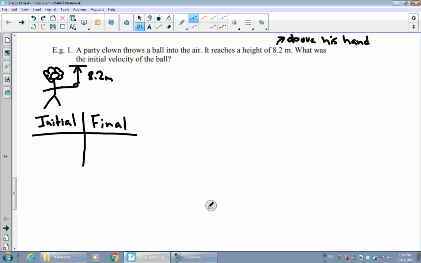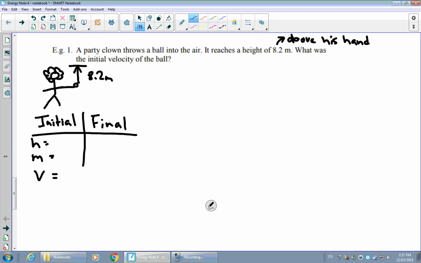I sometimes call it an HMV chart, though, because that tells us the three main variables that we should always record in these kinds of questions. H meaning the different heights that are going to be involved. M meaning the mass that might be involved. And velocity, of course, will represent V. But we need to be a bit more specific than that, because there's going to be some final height and some final velocity as well.